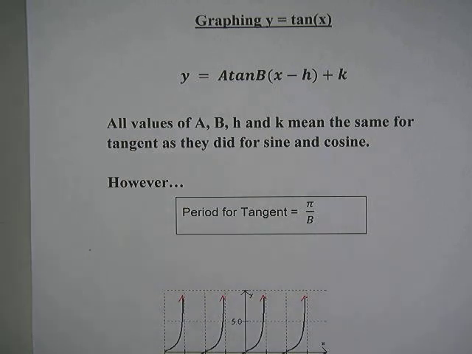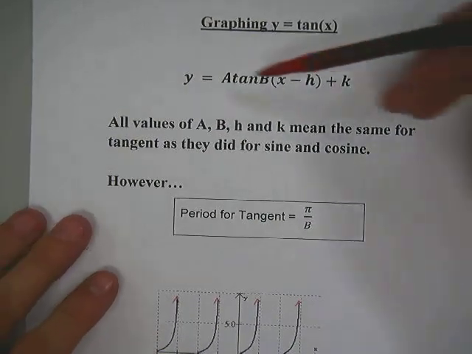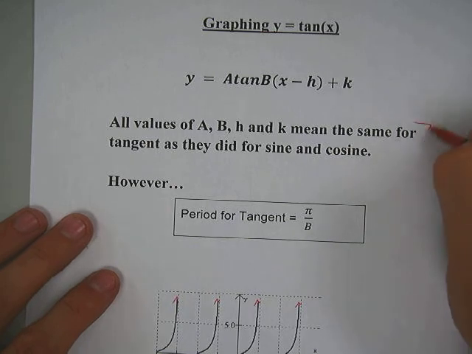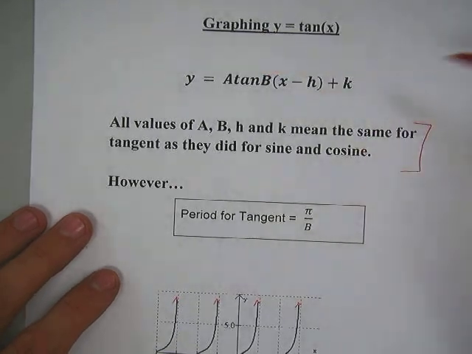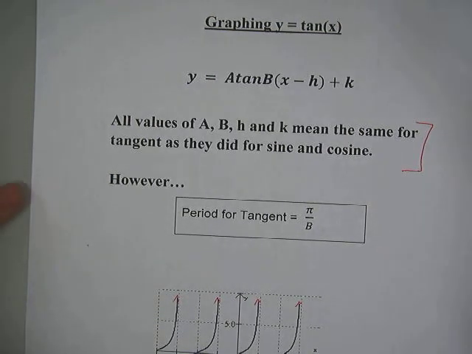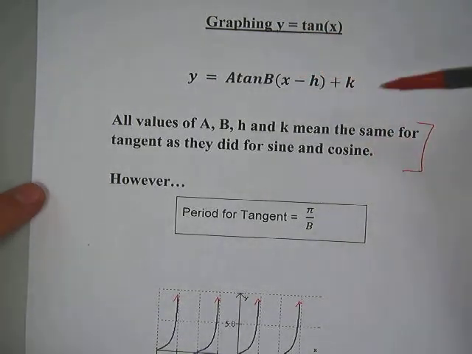Alright, today we're going to talk about graphing tangent. As you can see right here, here's our general equation for tangent, and as you probably already noticed, it looks really similar to sine and cosine, and it is. It's really similar. The A, the B, the H, the K, they all mean exactly the same thing